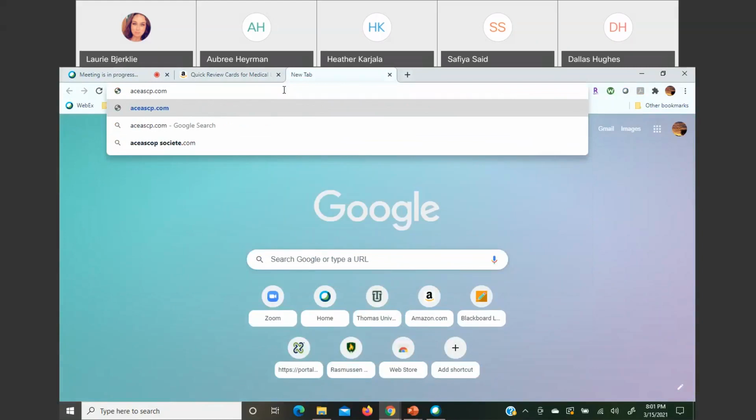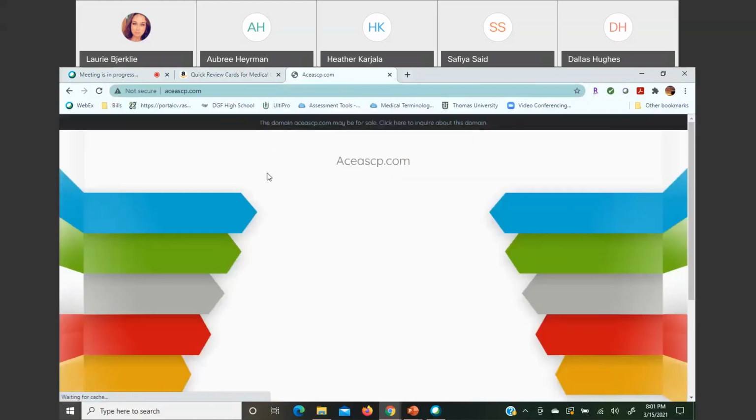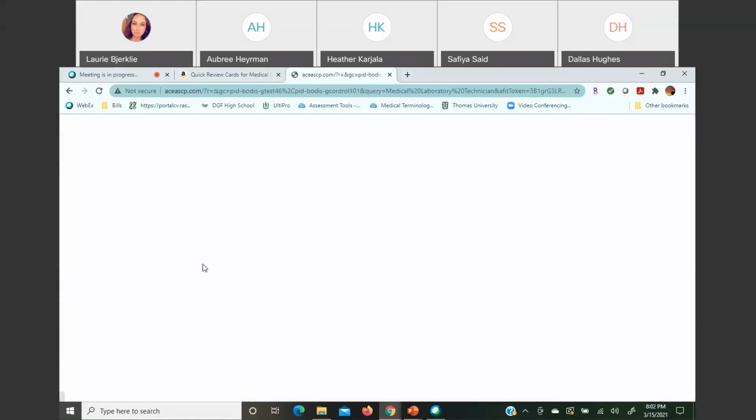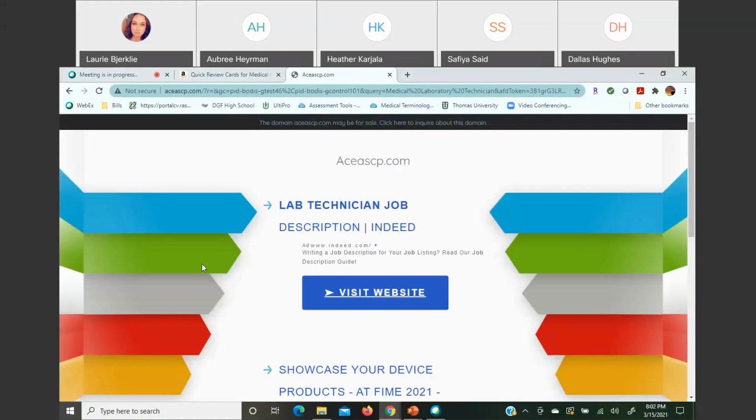The other resource, and I'm going to see if it's still available here, was one that I learned of a few years ago. I haven't always known about this. I don't think it was always available. I have never used this myself, so I can't tell you from personal experience. I've never viewed it, but I've had a couple of students use it. So there is a website called